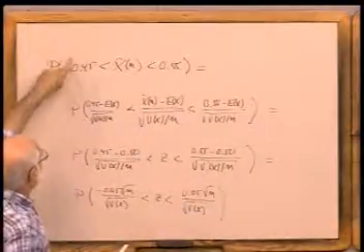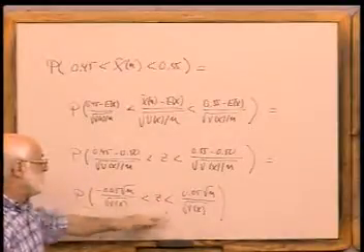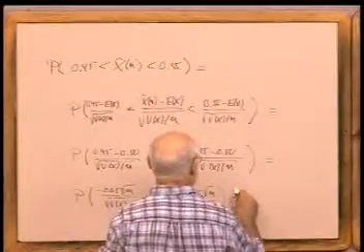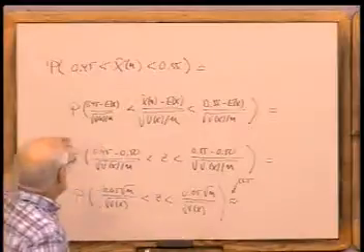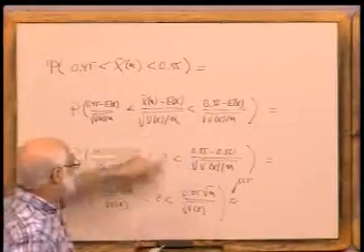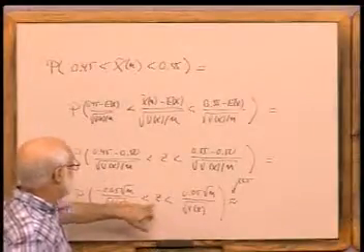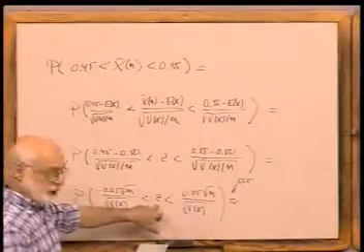Okay, so all I've done is rewritten this in several simple-minded steps to get it to this statement right here. And now I'm going to apply the central limit theorem. So far, the central limit theorem hasn't come into play, except for the fact that I called this thing z because I know I'm going to want to use it. But now, according to the central limit theorem, this z, if n is large enough, has the standard normal distribution